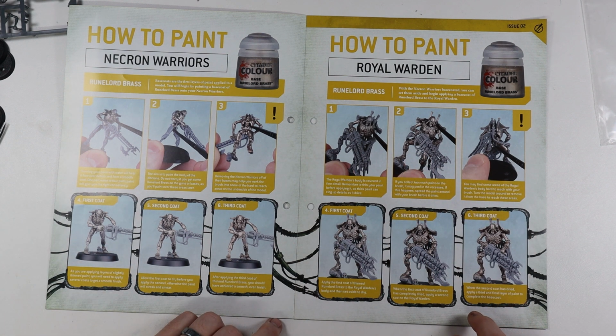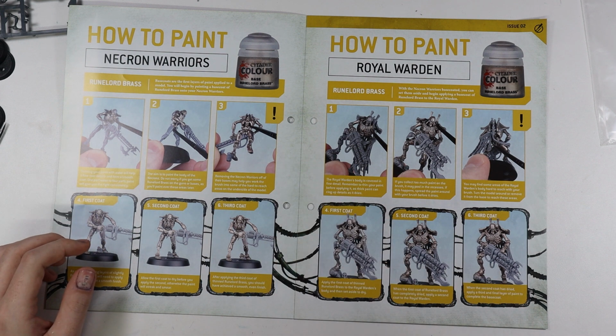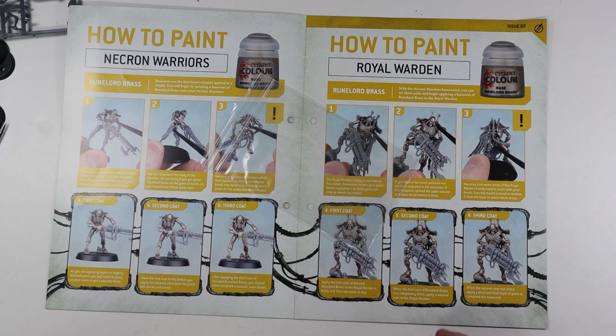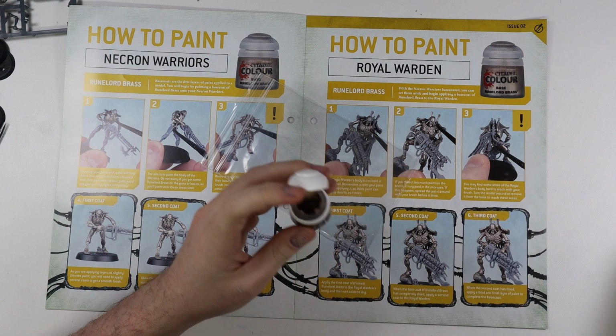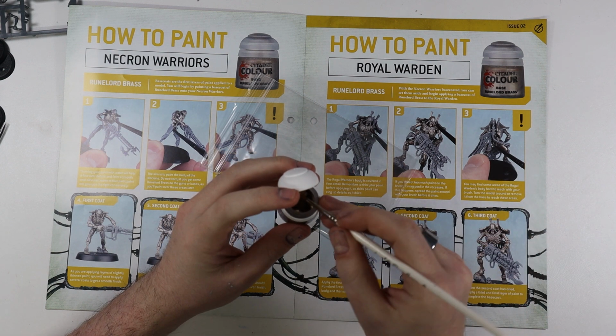So I think the thing to talk about here when it comes to painting is how you do it. So I'm just going to crack out some of this Runelord Brass and show you, because one thing they don't have in this magazine, or don't really mention, which is a bit daft, a slight product placement there with my Artis Opus